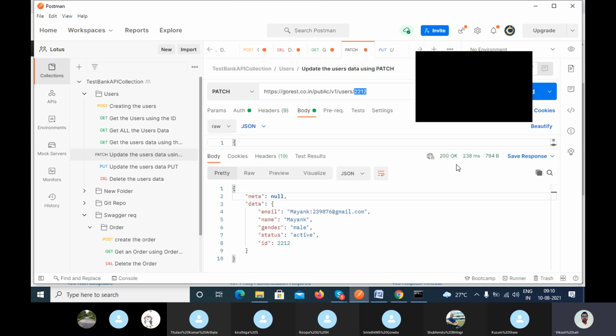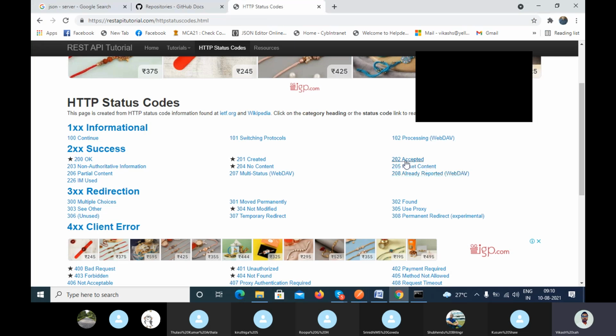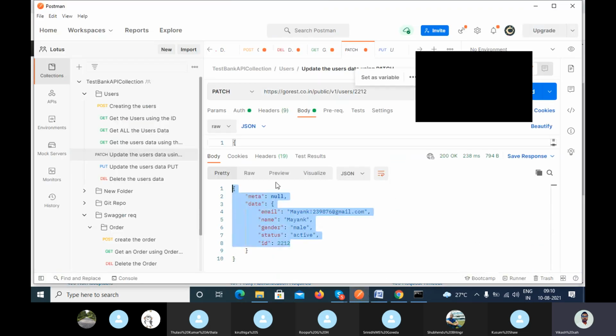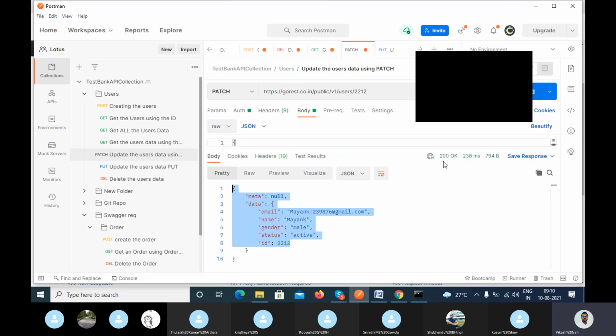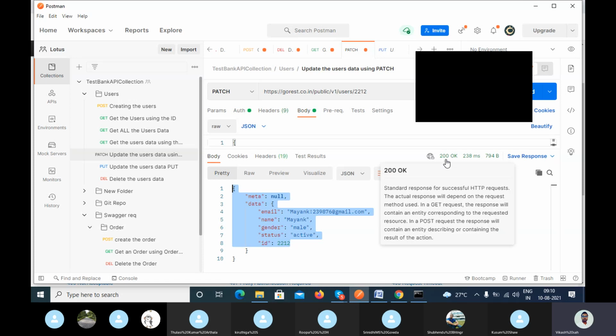So instead of 200 or 204, you will get 202, as per the requirement. The behavior is similar to 201, 204 and 200. Whatever action you did, it is accepted by the server.